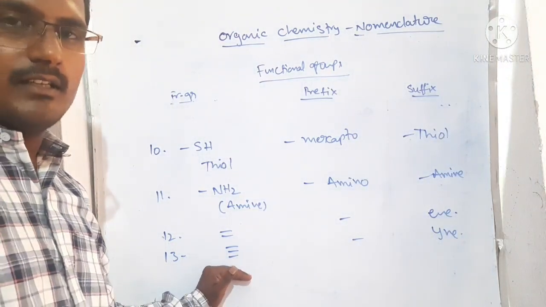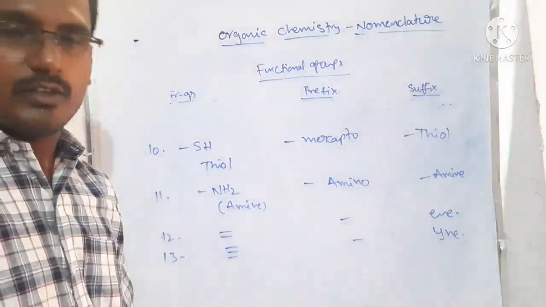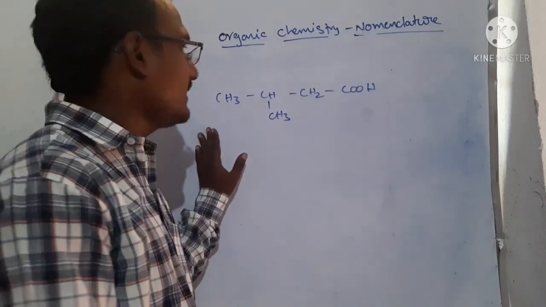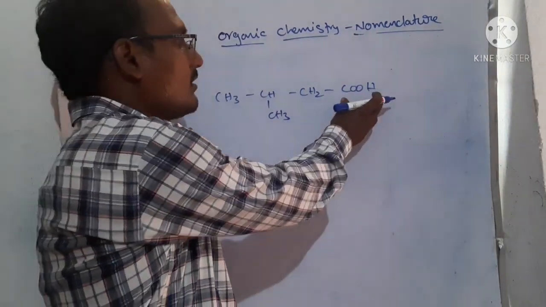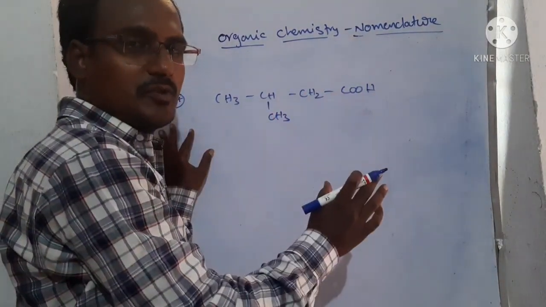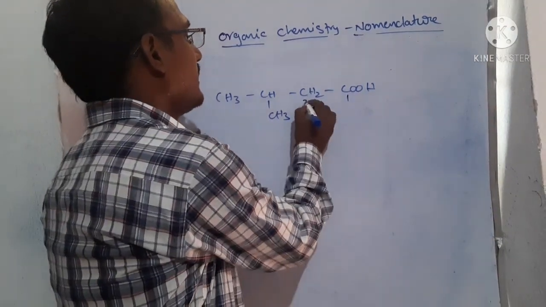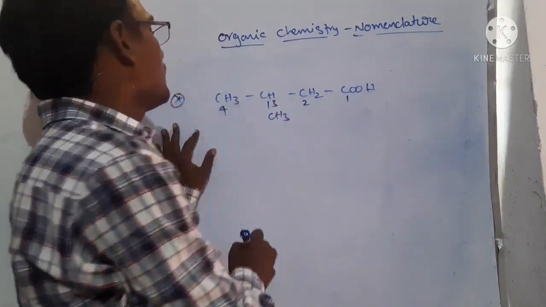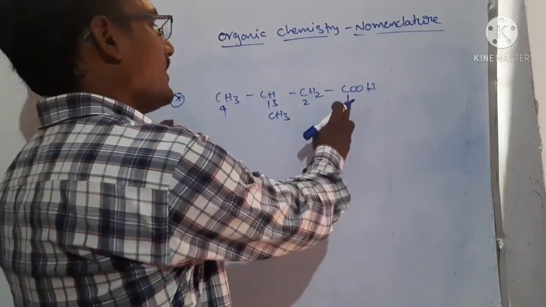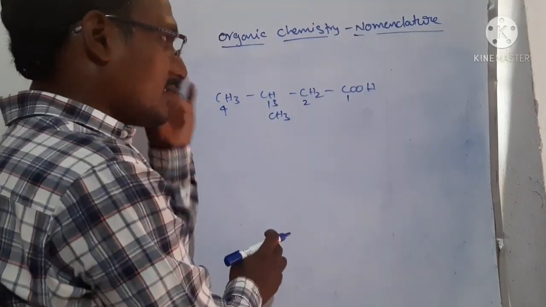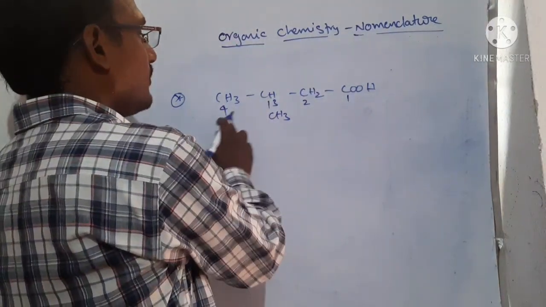Okay, right? Let us do the exercise depending upon these functional groups. Okay, let us see this example. The COOH is there, it is a functional group. If the functional group is present, we can choose that as the first priority group. From here we number 1, 2, 3, 4. So here the third position methyl group is there. So first position is the carboxylic acid. The suffix for the carboxylic acid is -oic acid. So 4 carbons are there.